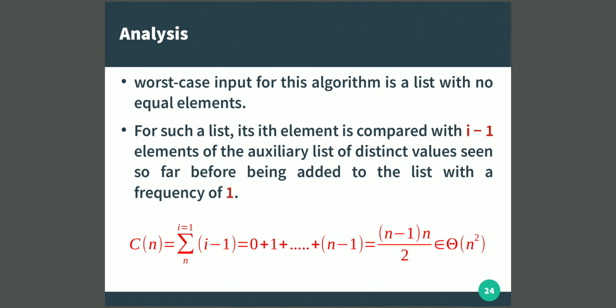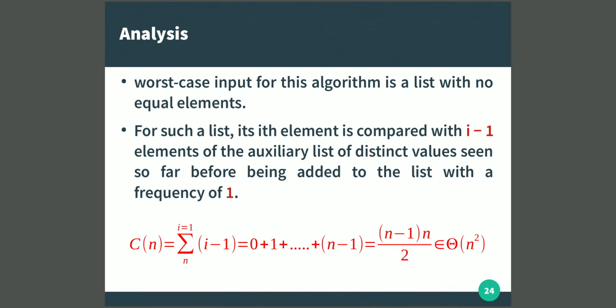In such a case, before we can add an element to the list, every ith element has to be compared with all the previous i minus 1 elements in the auxiliary list of distinct values, and only then you can say that okay, this element is not previously existing, that's why I am adding it to the list and setting the frequency to 1.